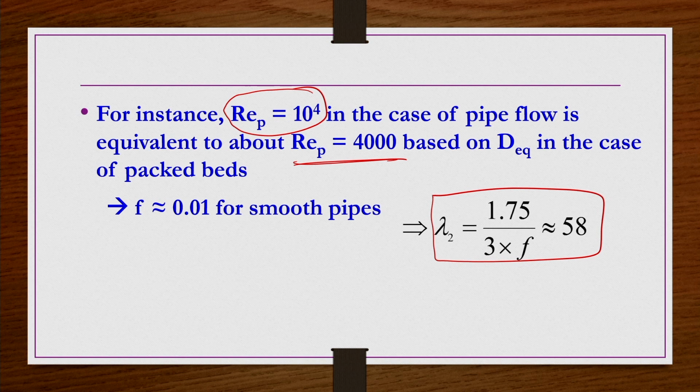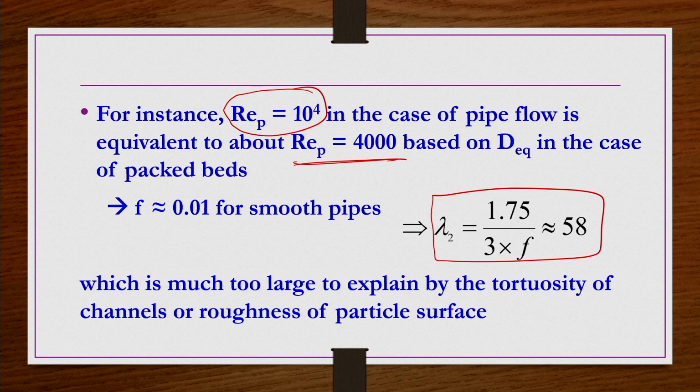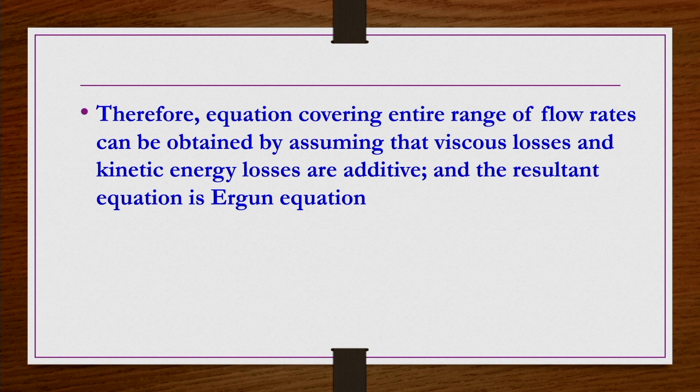So, such high values seem unrealistic in general, much too large to explain why the tortuosity of channels or roughness of particle surface would be so large, values like 58 or something like this. However, we can use them with a constant 1.75 rather than using 3f lambda 2. So, covering the entire range of flow rates, one can obtain the pressure drop by assuming that the viscous losses and